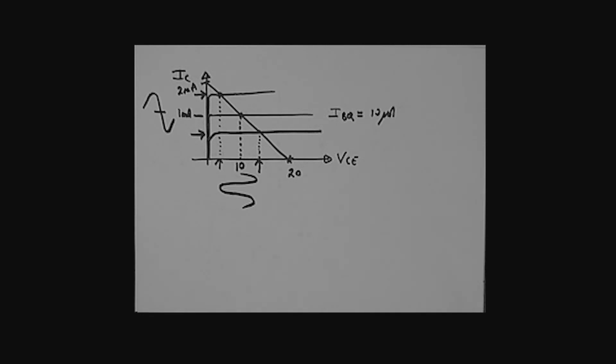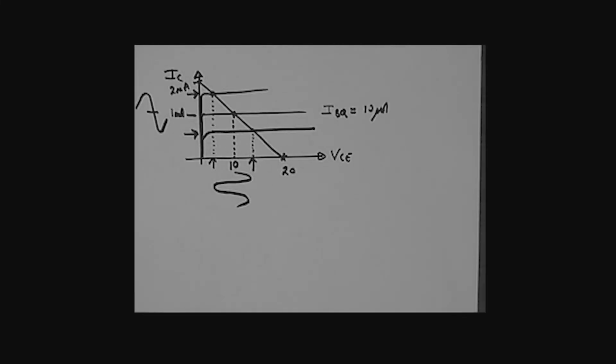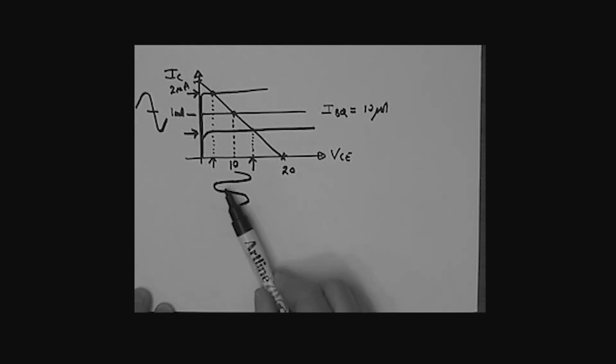Okay, so that's just a little bit of a recap of what we said last time, as a motivation for where we need to establish our quiescent conditions. So it is important that you understand that these AC voltages and currents are superimposed around the DC values. Now what we really want to try to do in this section of material is to be able to look at this AC effect, perhaps with respect to this effect over here, or look at the output IC current in relation to the input variation in IB, or the output VCE in relation to the